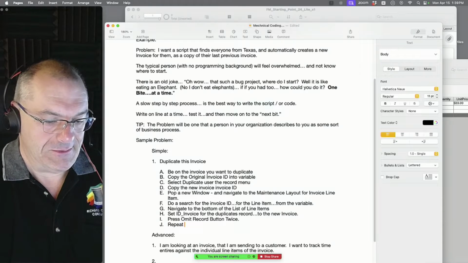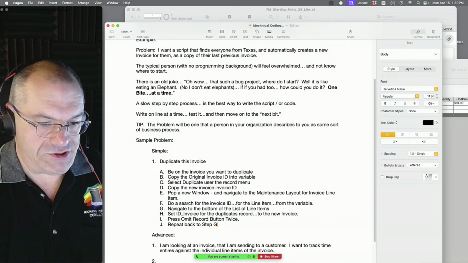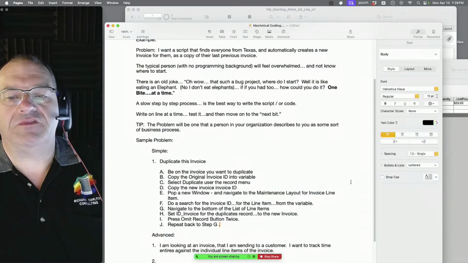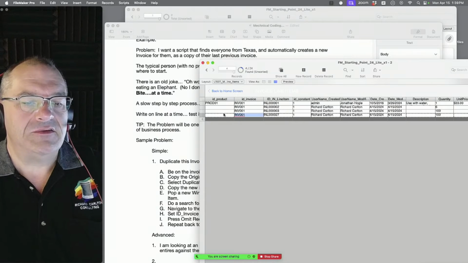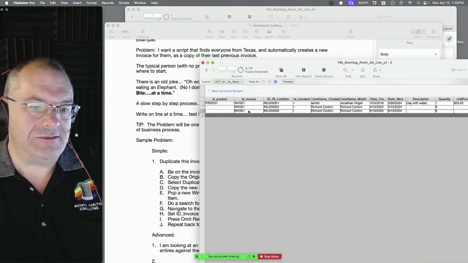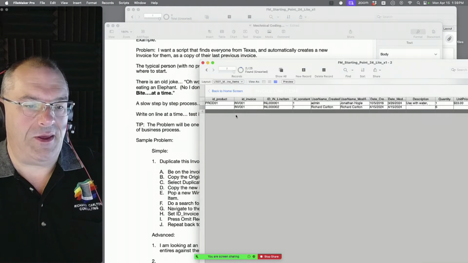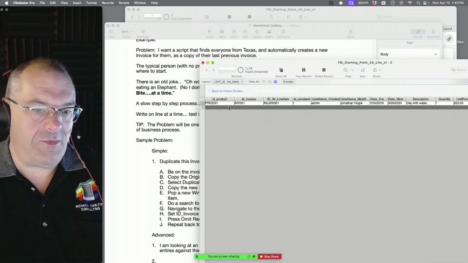Repeat back to step G, okay? And so it's going to loop. So then it's going to say, aha, duplicate, set, omit, omit, duplicate, set, omit, omit, duplicate, set, omit, omit.